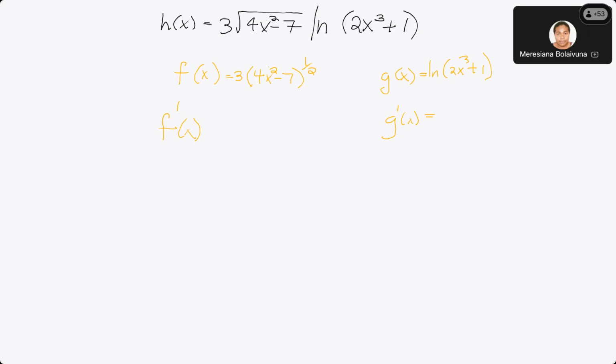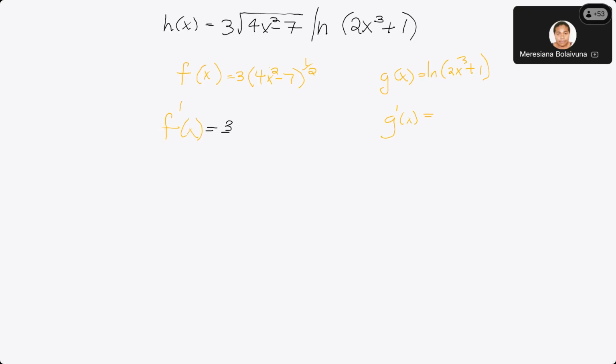So f dash of x, the 3 times the half, that's 3 over 2. And then now the power reduces by 1, which is negative half. Remember, 4x squared minus 7 will remain. And then multiply by the derivative of the inner function. What is the derivative of the inner function? The derivative of the inner function is 8x. Okay, so that means when you simplify,